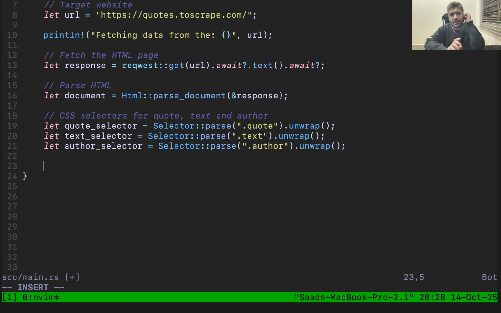So now we got the target website, we fetched the HTML page, we parsed the HTML, and now we got all the 3 CSS selectors. Now the most important part, we have to loop over all the quotes. So for that we will be using a for loop,